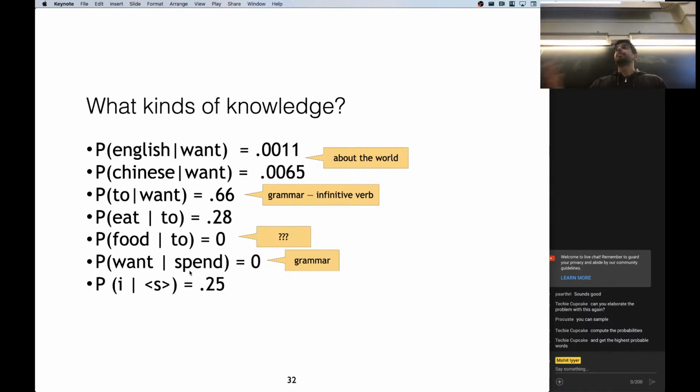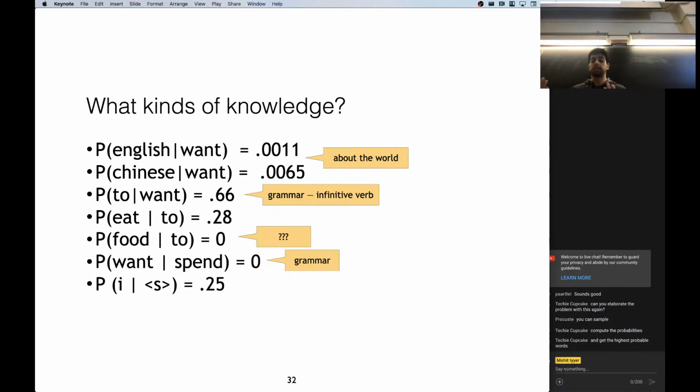So on this restaurant corpus, you can see that the probability of English given want or Chinese given want is notable. This indicates that the model has encoded that people like different types of cuisines, right? If you see want, they want a type of food. So there's some sort of world knowledge encoded here. You can also see elements of